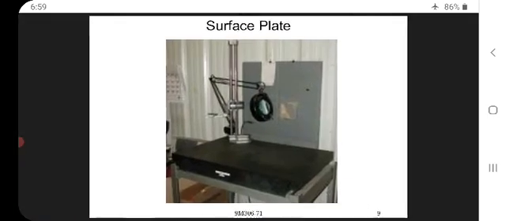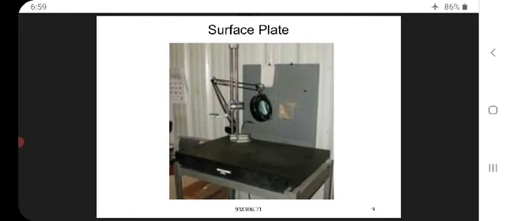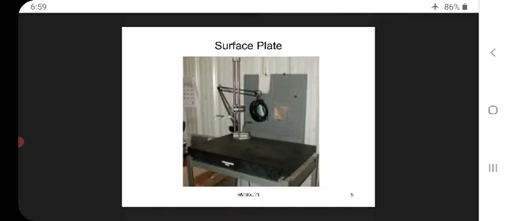You can see the surface plate on the screen. This is called the surface plate.